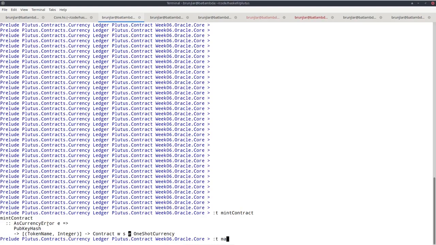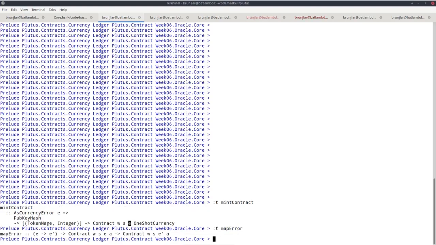Luckily, there's a function called map error. Let's look at this. It has this signature, and this allows us to change a contract with error type E into a contract of error type E prime, provided I can turn E into an E prime. So if I can turn error messages of the one type into error messages of the other type, then I can turn a contract using the first type of error messages into a contract using the second type of error messages.